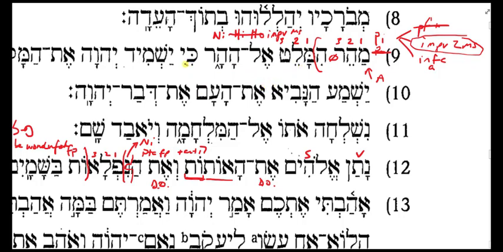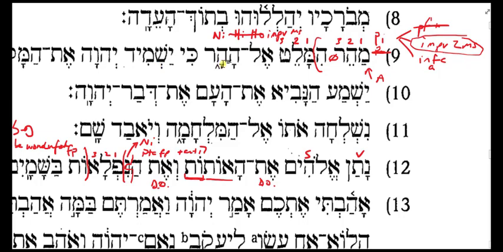And then I have a ki. Now the ki could be translated in a couple of ways. That, or because, or even if. Which one of these makes the best sense, given the fact that these are not verbs of speaking, say that, or mental activity, think that, but rather they're real action verbs, hurry and escape? I'd probably want to use a causal sense for the ki. Because